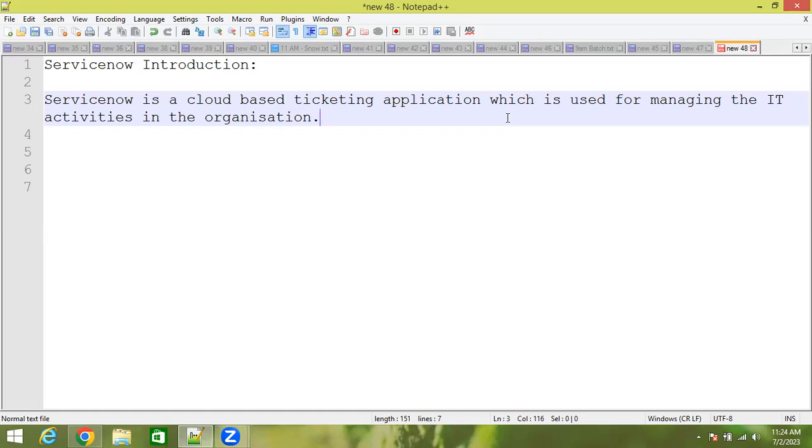So ServiceNow is an application which is used for raising tickets, basically. That's only a small part of it, but apart from raising tickets, it has many other things. We'll talk about them as well. So ServiceNow is a ticketing application which is used for managing all these activities, whichever I have discussed so far.